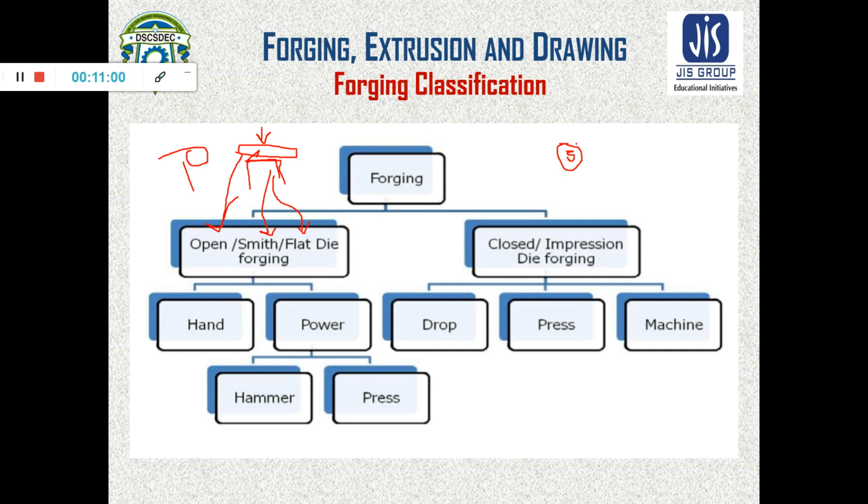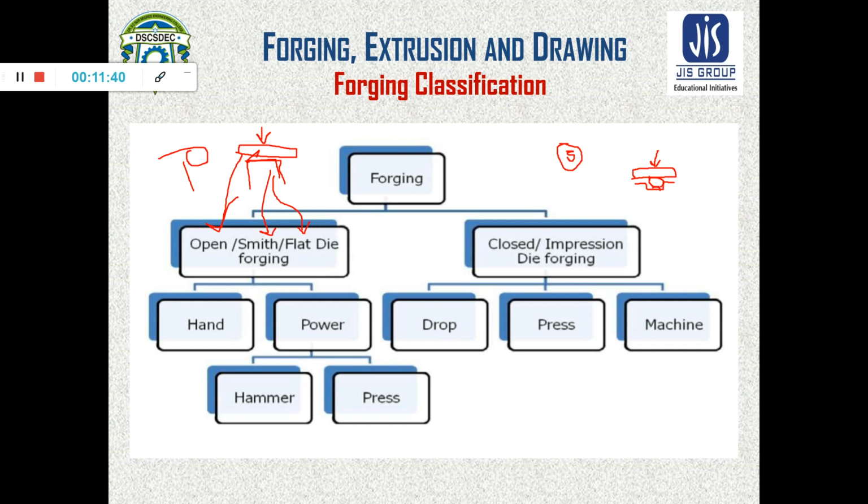This type of embossing is done where there is a punch or a die which can have that integrated shape embossed here, and the material stock is put here, and by applying force above the die cavity, above another die, we get closed die or impression die forging.